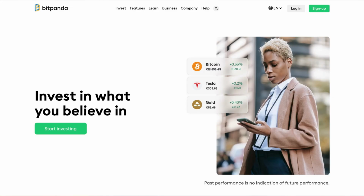Definitely a broker I recommend as well. The last one I wanted to mention here is a bit different. So it's not a classical stockbroker. I will tell you why in a moment. It's called Bitpanda, so it's a German company. That allows you to buy stocks, ETFs, also cryptocurrencies, just like the other ones I mentioned in this